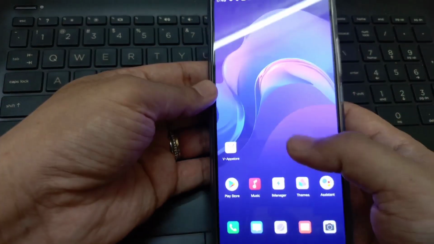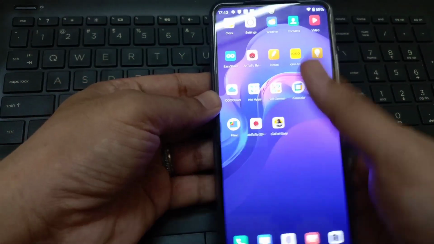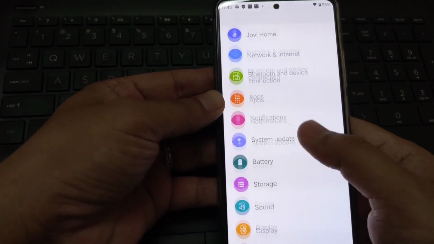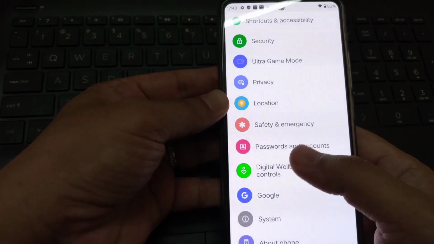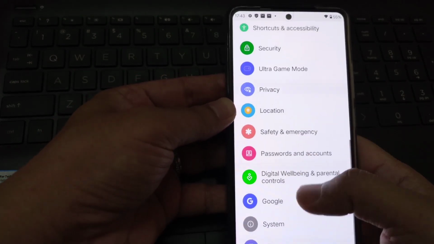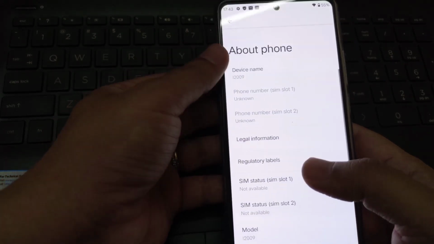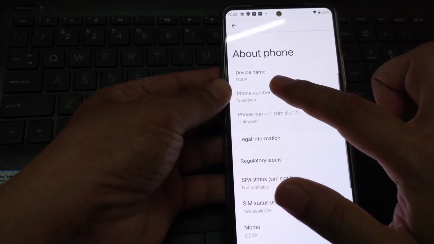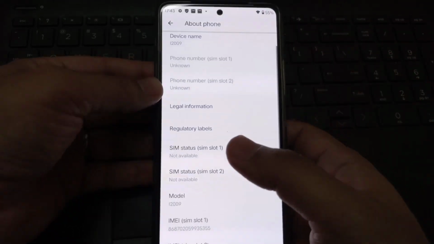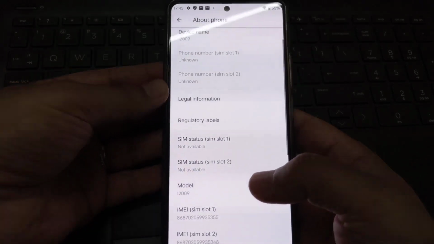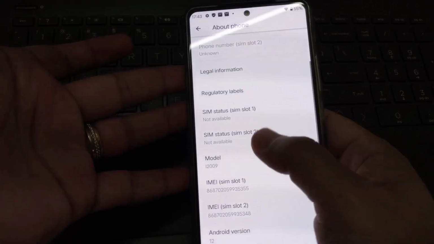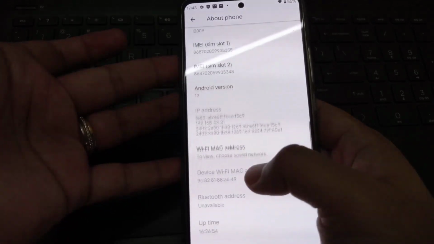So quickly, first showing you the settings. So if you can see, the settings is here. I'm using the white theme. I'll turn it to the black theme, the dark theme, also. First of all, let's see. You will see there's a different way of presenting here. You can see the device name, and let me just be at the center. You can see the model name here, the device name.